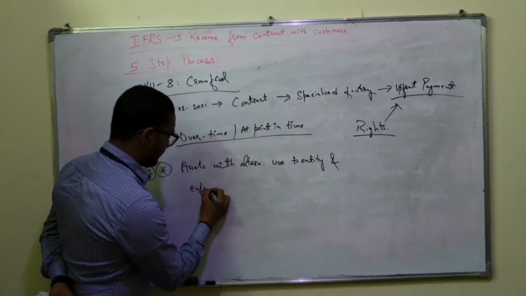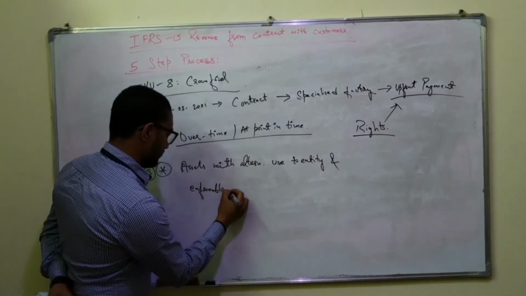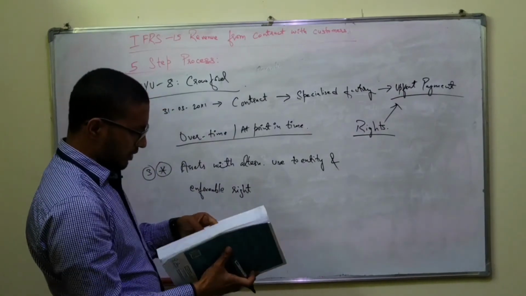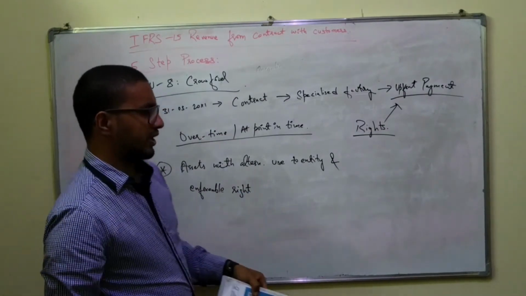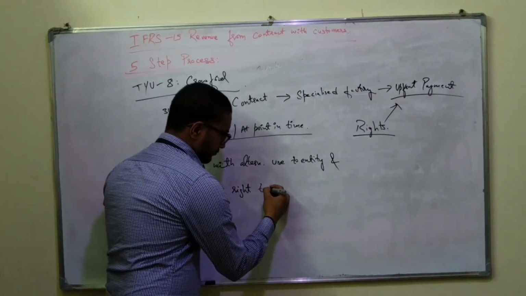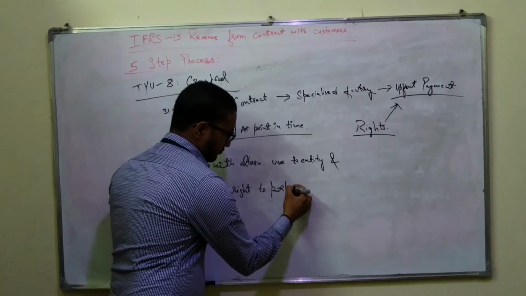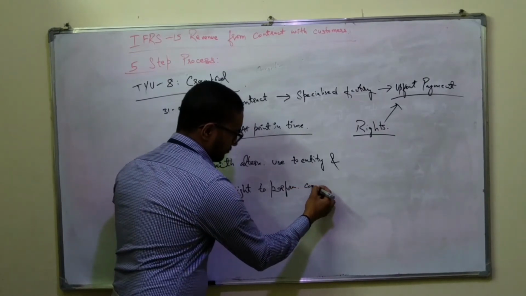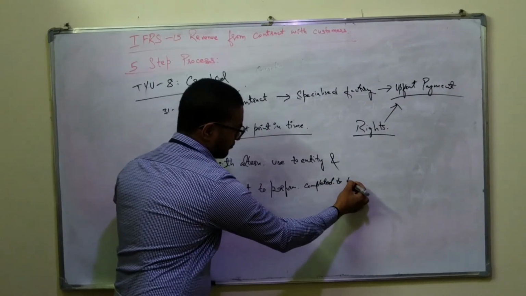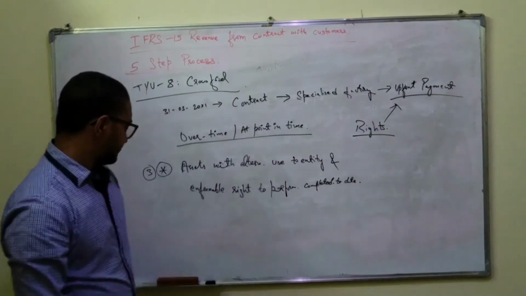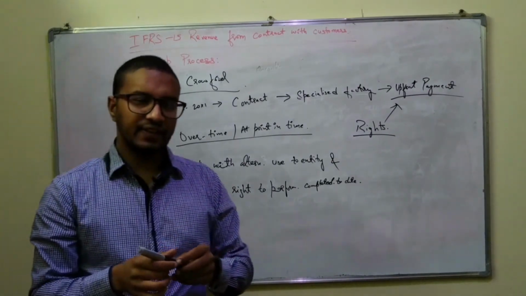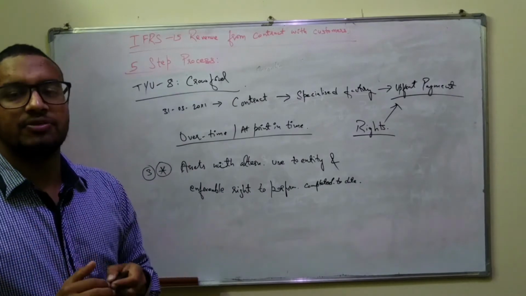Enforceable. Right to payment for performance completed to date. So in this case, Crawford has entered into a contract, and then the specialized factory is being built, and then